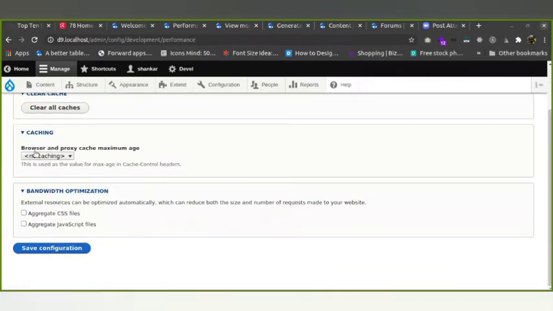The themes we use come with many CSS files and JS files, and a bunch of files will be loaded at page loading time. To avoid that, we can aggregate all those files into a single file. Those things we can achieve via this aggregation part.